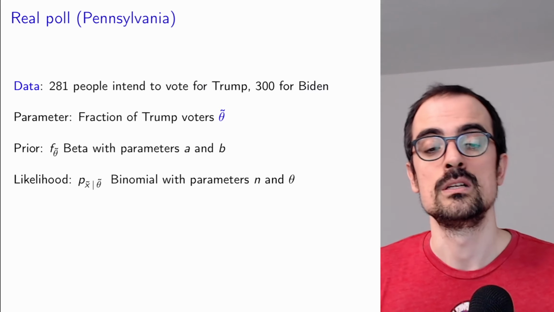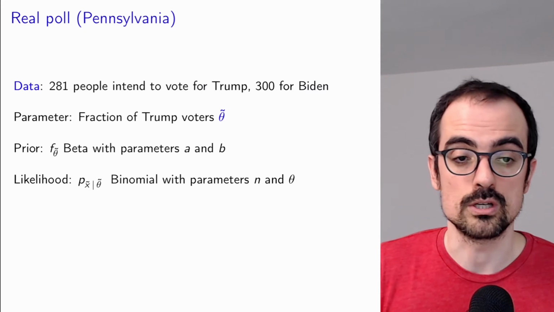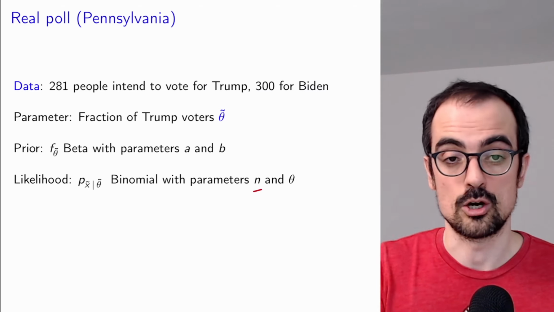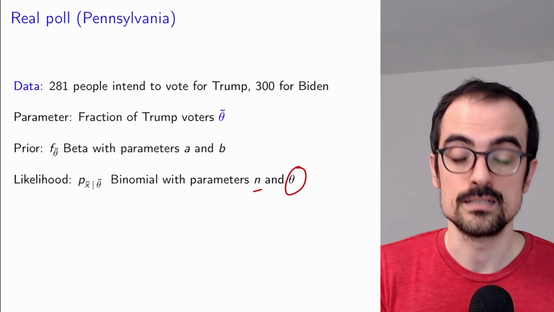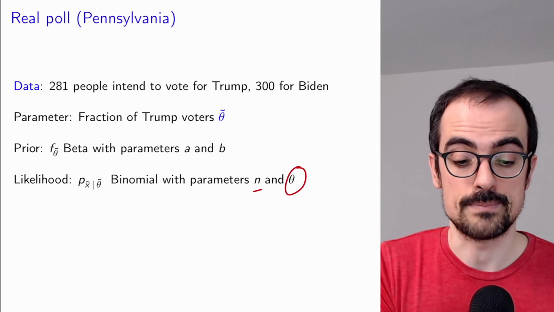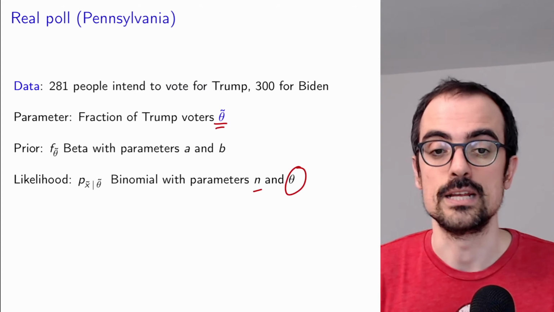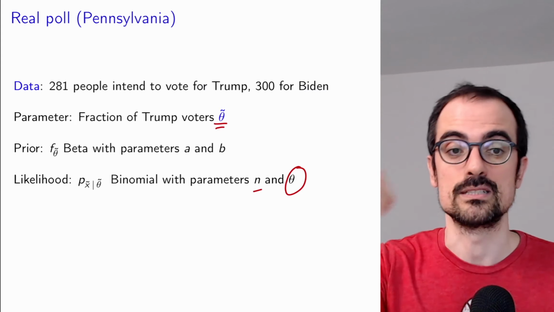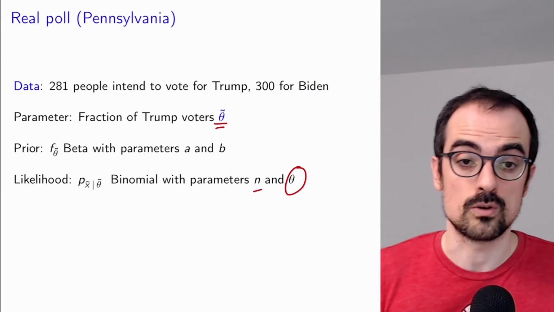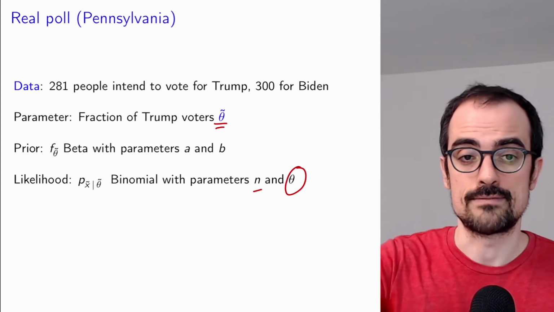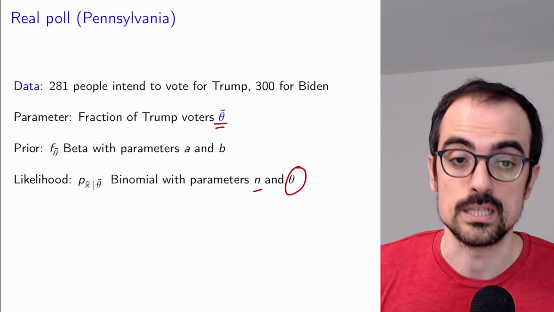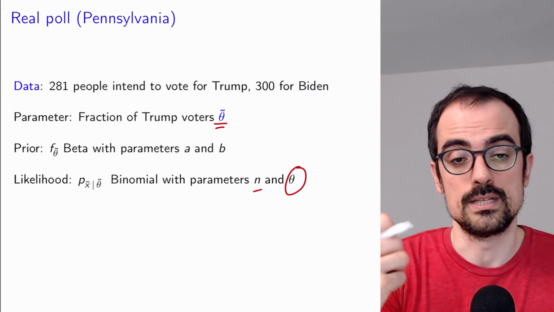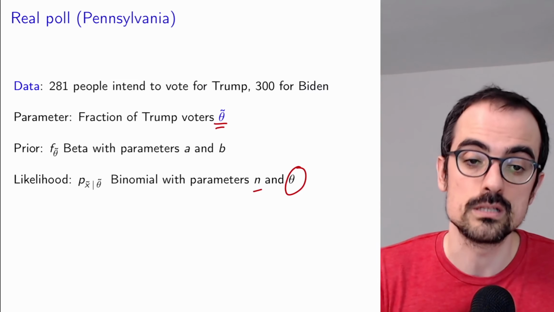So the number of Trump voters that we're going to see is binomial with parameters n, which is the number of people in the whole poll, and theta, if we condition on the parameter being actually equal to theta. Okay, so if 50% of the people in Pennsylvania intend to vote for Donald Trump, and we have a poll that has 581 people, the distribution of the Trump voters within the poll is going to be binomial with parameters